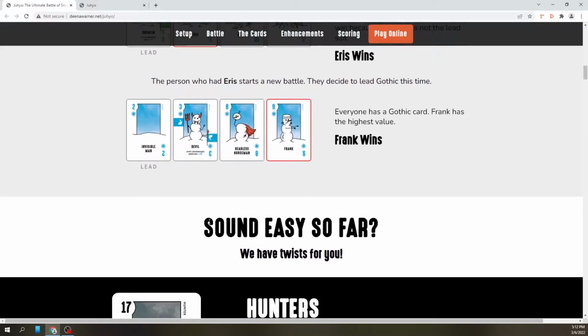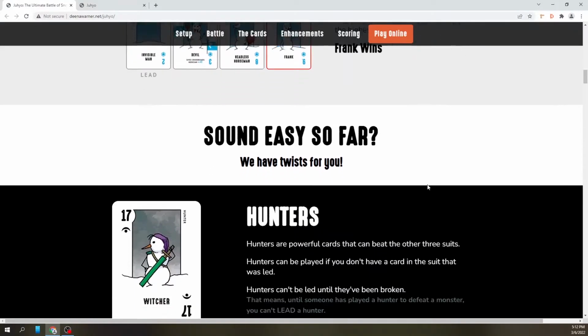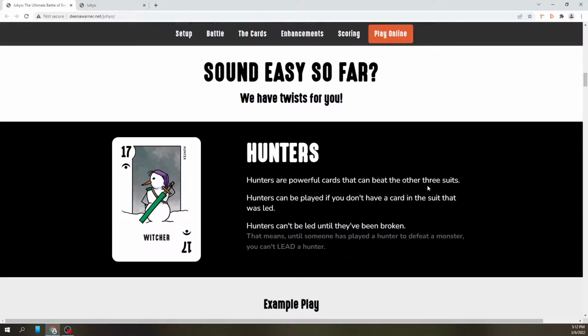Now this is where the rules get really kind of nuts. We have a trump suit called the Hunters, Monster Hunters, and they're not really a trump suit. It's not like you can just play one of these and necessarily win the trick. They're really a trump suit by virtue of their high point values, because all of the cards in the Hunter suit are going to have usually higher point values than every other card that's played.